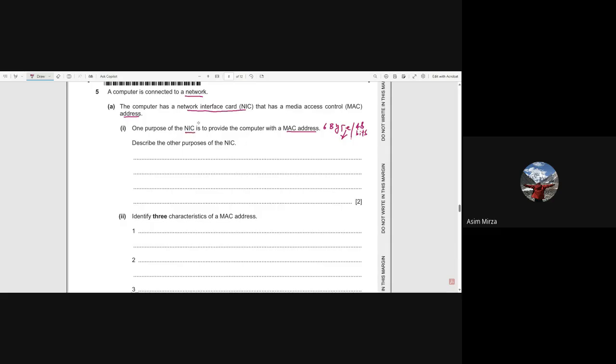So the NIC, the network interface card, has an address also known as the physical address, MAC address, built-in address, network address, it's the same thing, right? It is asking you to describe other purposes of the NIC. What is the purpose of the NIC? The very important one is that it allows your computer to have a physical connection